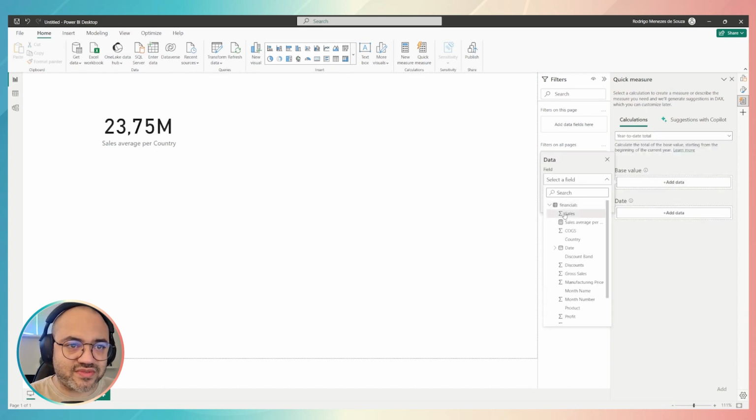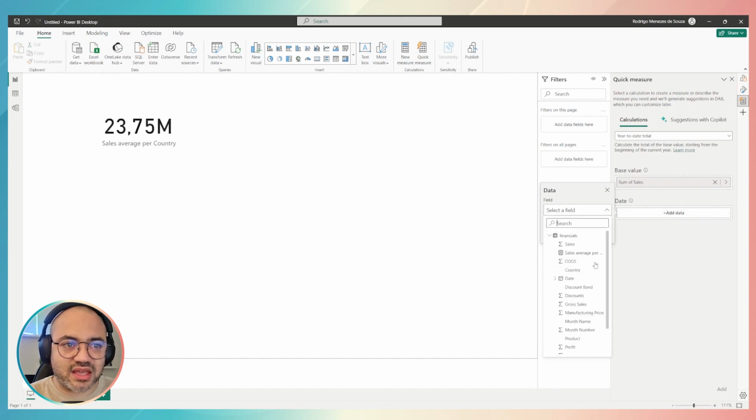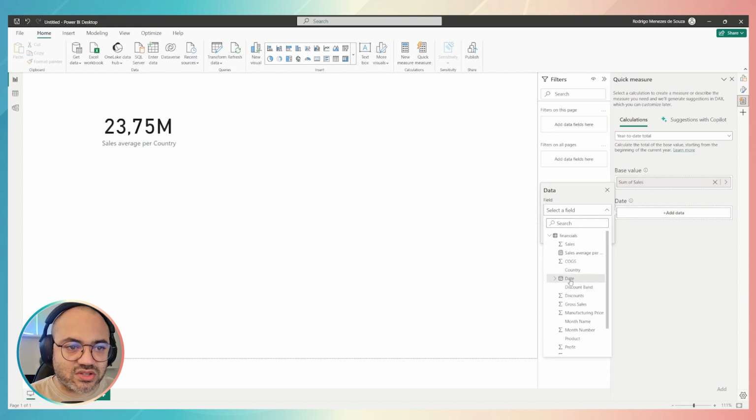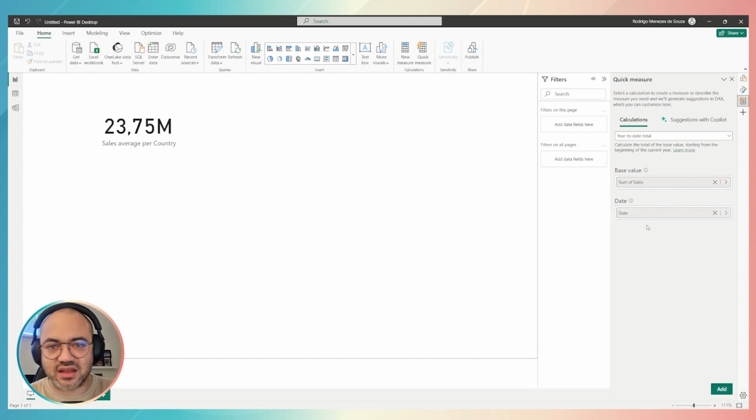Also, I want to work with sales, and my date will be from this point. I can say my, let's see, my month. Here my data sample is in Portuguese, but don't worry. So mês means month. Why is it not working? Oh, okay, I have to select my date, not something from the hierarchy. I want to use my full date field. Okay, so I selected this date, then again the Add button,